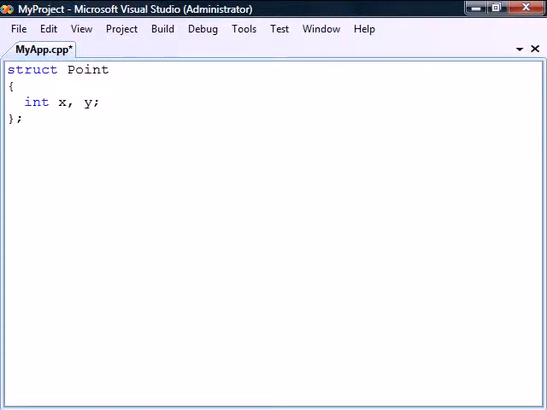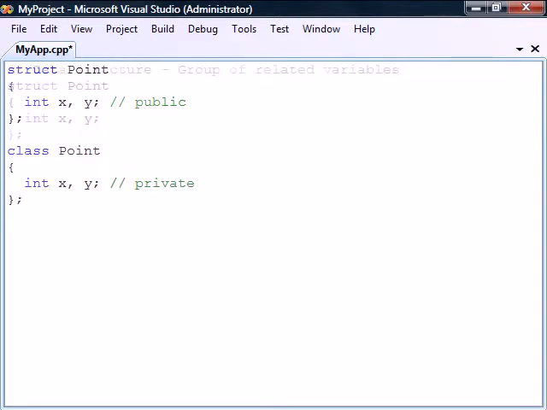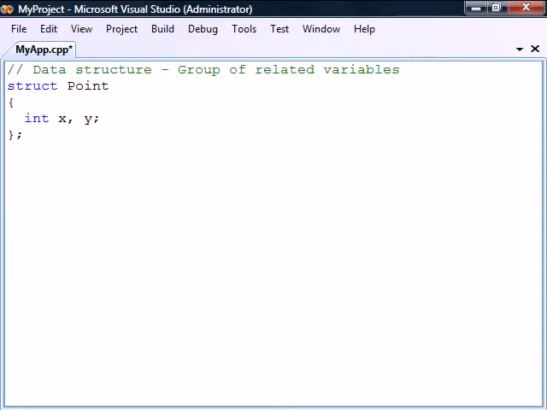A struct in C++ is equivalent to a class, except that members of a struct default to public access instead of private access as in classes. By convention, a struct is used instead of a class when we want to represent a simple data structure that